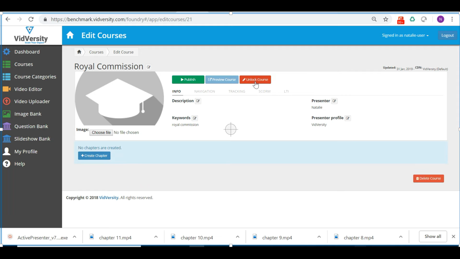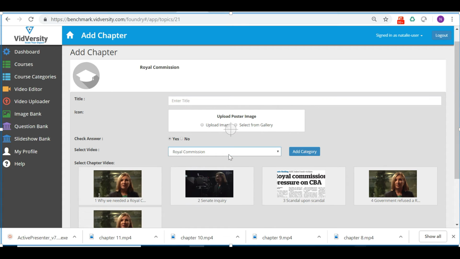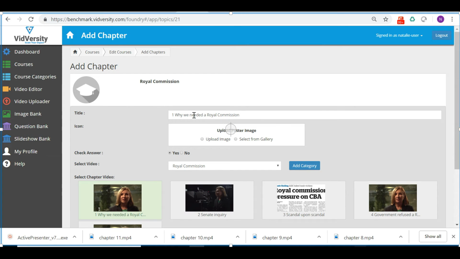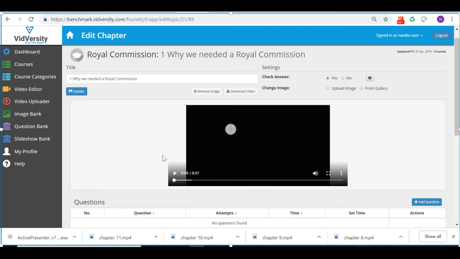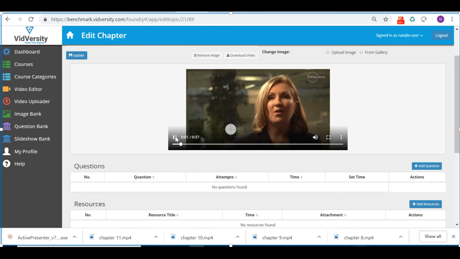So you go to Edit and Lock, and we'll create our first chapter. If we go down to the category of Royal Commission, you'll see that by naming them 1, 2, 3, 4, I can see which one I want to be chapter 1. By choosing that, it actually populates the title of the chapter. So if you use meaningful names when you're editing, you really won't have to do a lot of editing when you're putting them all together. Check answer, if there are questions, do they have to do it? And click on Save. Once we've done that, the video sits here and we click on play, and at any time, if we want an asset to appear,